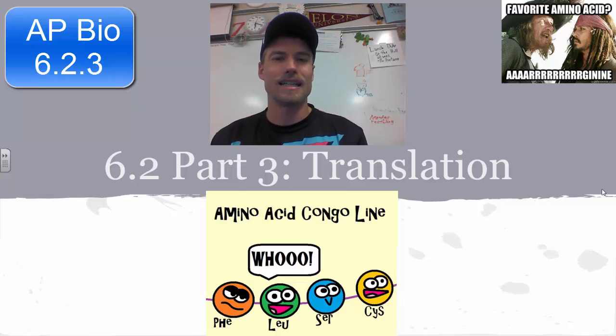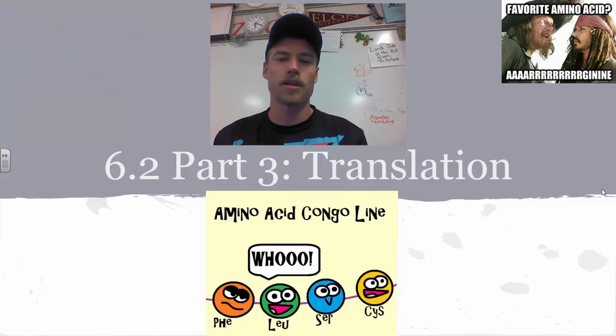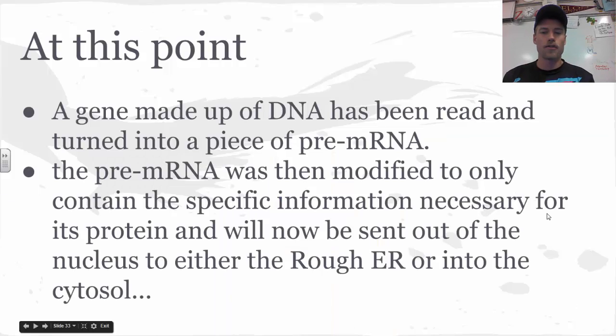Today we're going to be taking a look at the last piece of the central dogma, which is translation. So just a little reminder of where we've been. We've got a gene, right, which is made up of DNA. That DNA can be replicated to form some more DNA. However, that gene has been read and turned into a piece of pre-mRNA. The pre-mRNA was then modified to only contain specific information necessary for the protein and is now going to be sent out from the nucleus to either the rough endoplasmic reticulum or the cytosol, where it is going to meet